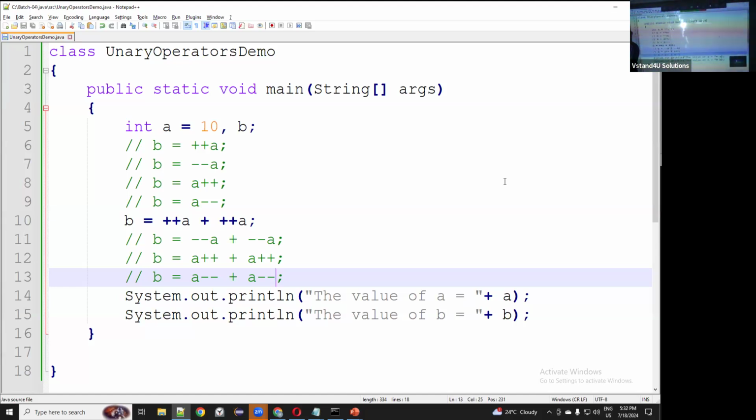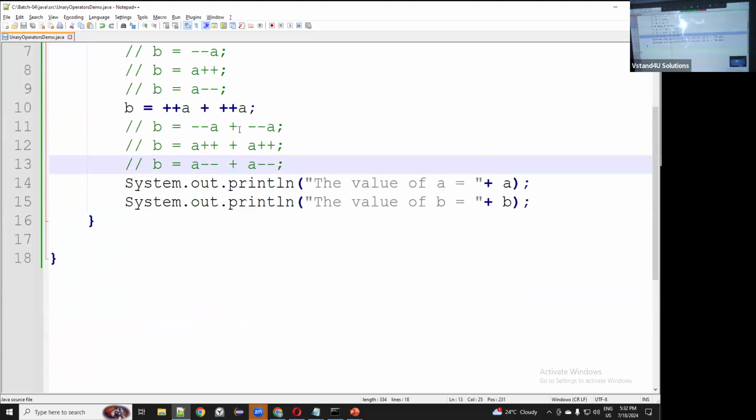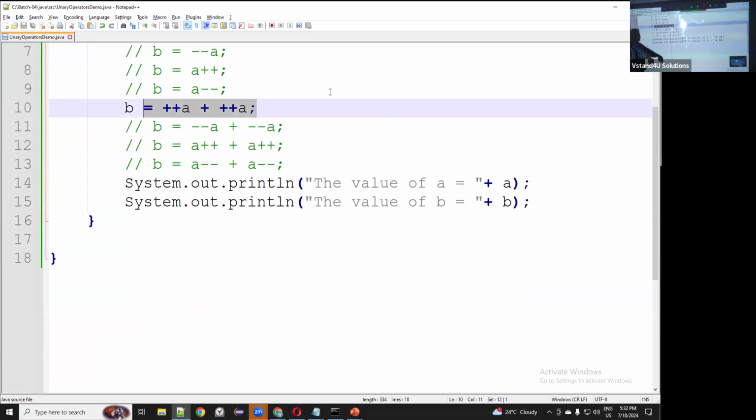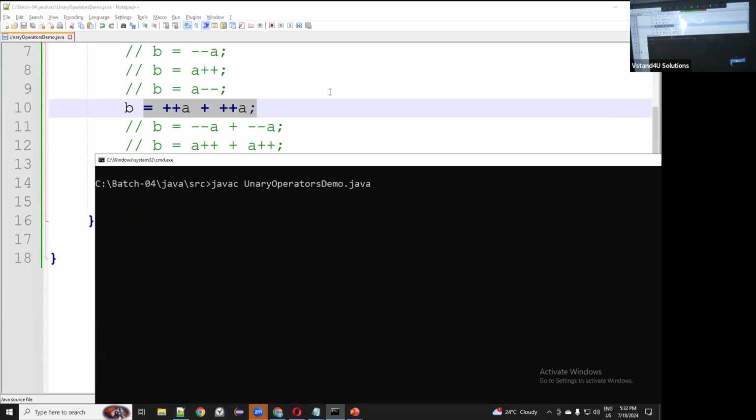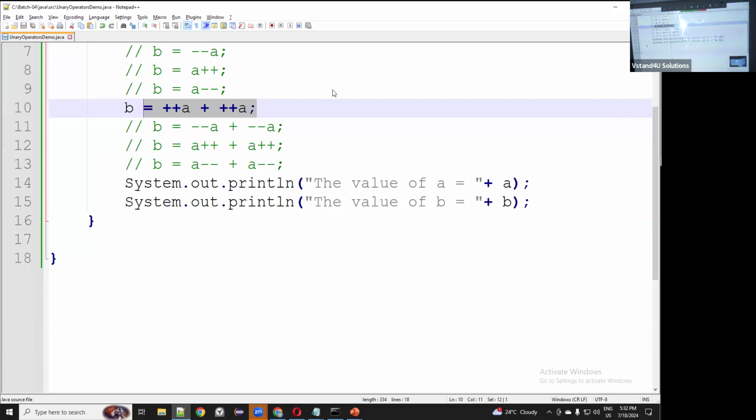Shall I move? Is the screen visible to everybody? What concept are we focusing on? We are focusing on what happens if I have multiple unary operators in the same operation. Agree. First operation, value. Notebook, pass, check. What is there with the calculation? 12 and? Correct? No confusion? Understanding is clear. Okay, sir. Then let me comment out.